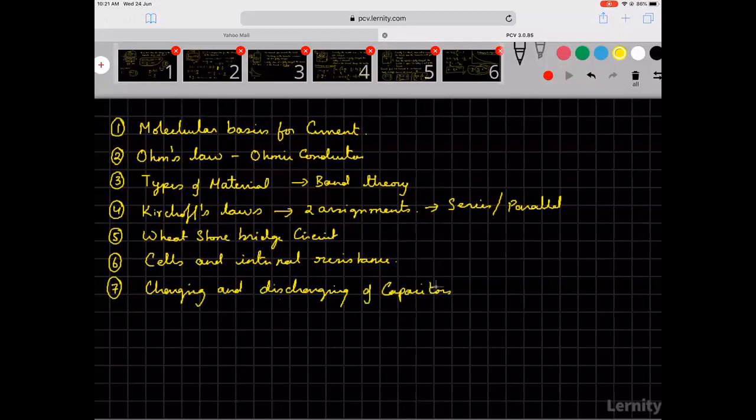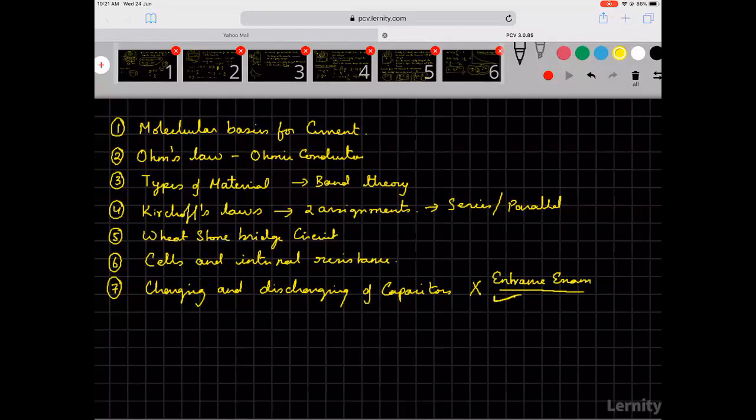I also told you that this is not there in the NCERT syllabus, but you get questions based on this in the entrance exams, including the NEET exam. Even in the NEET exam, you get questions from charging and discharging of capacitors, even though the NEET exam has been focusing only on the NCERT syllabus, but still you get questions from there.